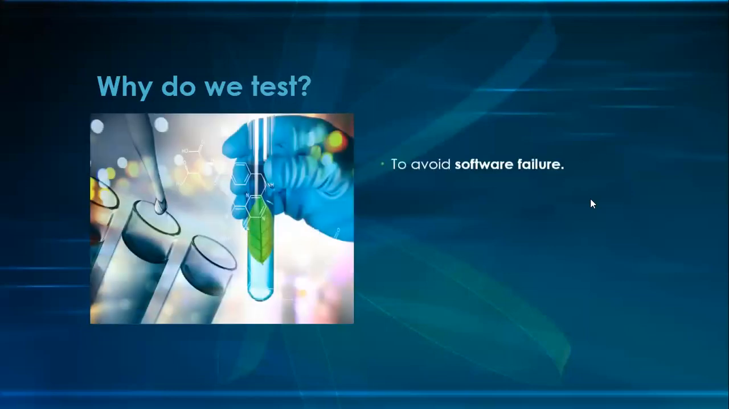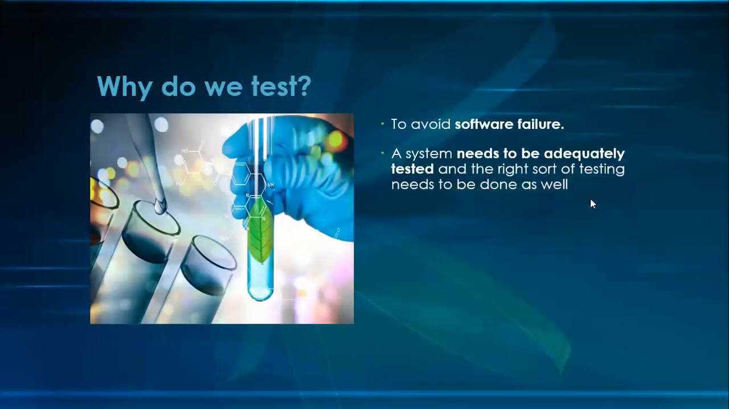So, one, to avoid software failure, we need to test properly. Two, a system needs to be tested adequately, and the right sort of testing needs to be done. We will explain to you that there are various types of testing, and how things are going to be done, step by step. You need the right sort of testing, where you do your regression, retesting, smoke test, functional testing, non-functional testing. Those are the types of testing that we're going to discuss in this